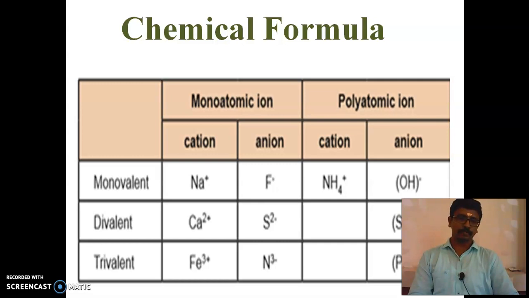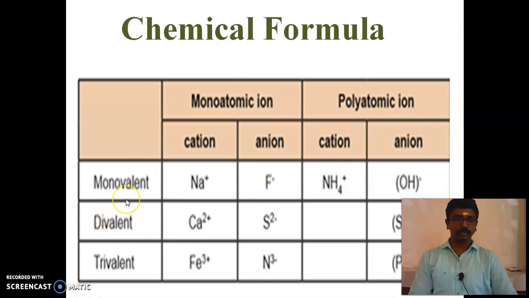And the second group, the valency of all the elements is plus 2. So with that you can easily remember the valency of the elements. The first group valency is plus 1, and the second group valency is plus 2. Sodium is placed in which group? It is placed in the first group, so the valency will be how much? Plus 1. And for the monoatomic anion, the example is fluoride, whose valency is minus 1.